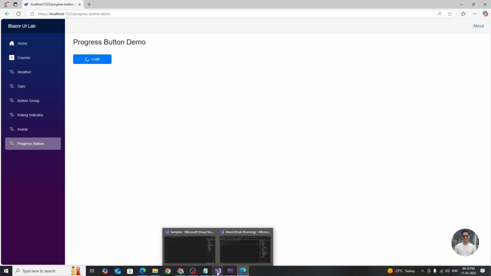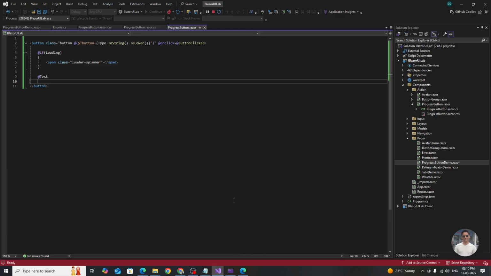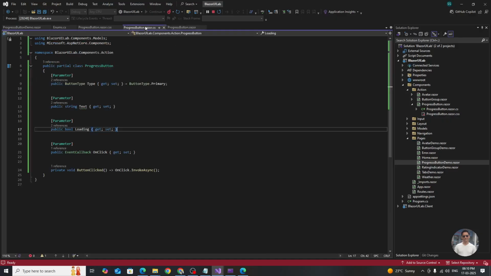So if you want to disable it, what I want to do is that once we click on that one, it should get disabled, and then only when the loading finishes or the loading is set to false, it should be enabled. So the loading value can determine whether the button is clickable or not. So let's do that. And one thing more before that,